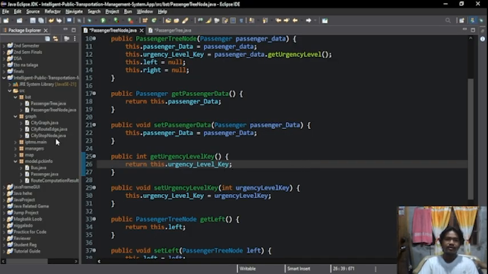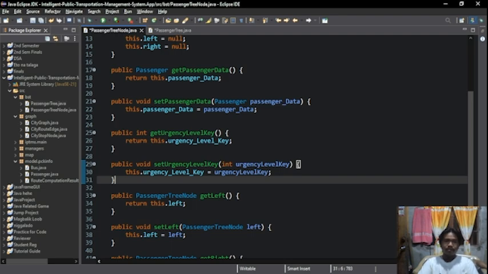The next method is the get urgency level key method. It returns the urgency of the passenger stored in this node. This key is used by the binary search tree to determine placement and traversal for priority handling.